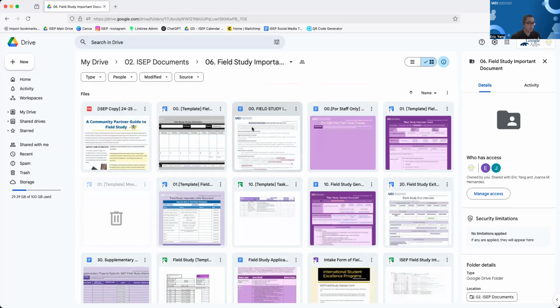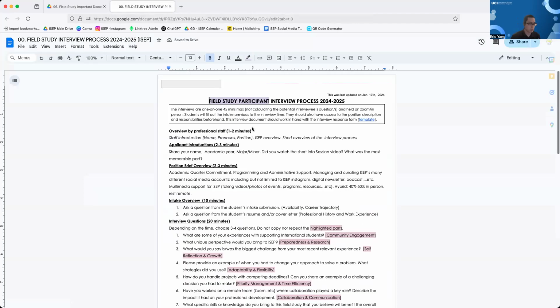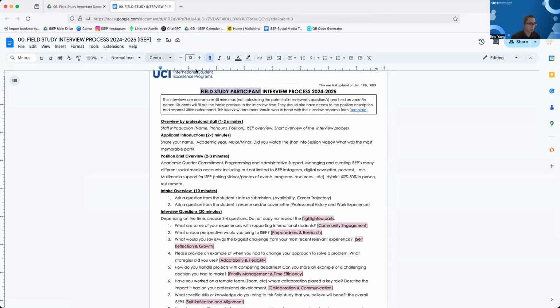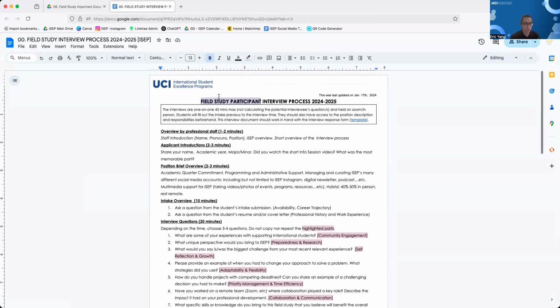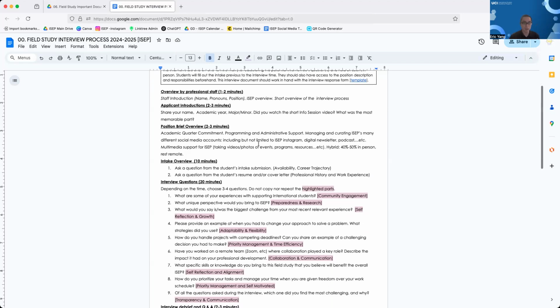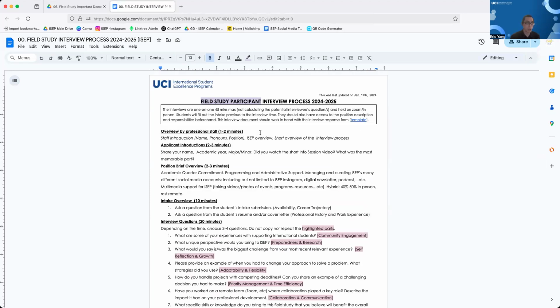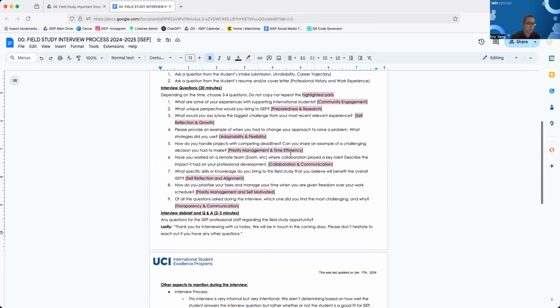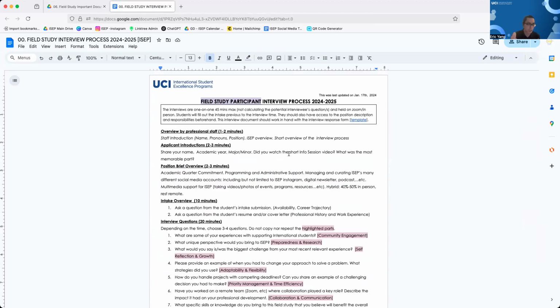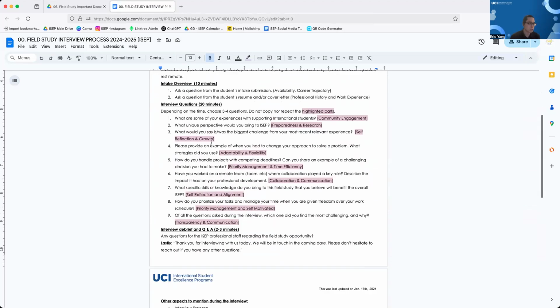So real quick, this is the interview question document that we use. There are instructions on here, and we go over them in detail. Basically, if a student reaches out to us, meets our criteria, and gets an interview, what we do is create an intake document and then interview them with these interview questions. And it goes hand in hand. We take their responses on the intake form digitally, so we can keep track of it. But basically, we just print this out. It's double-sided, and then you just ask some questions, you pick and choose,